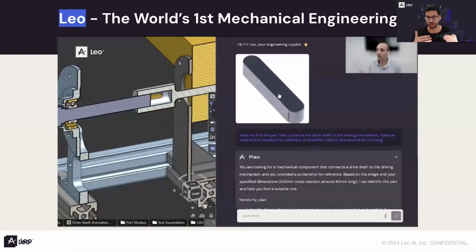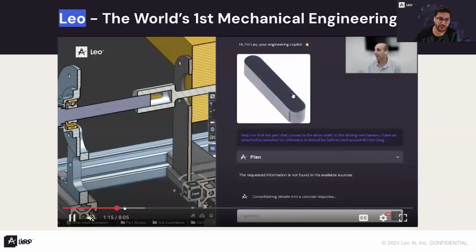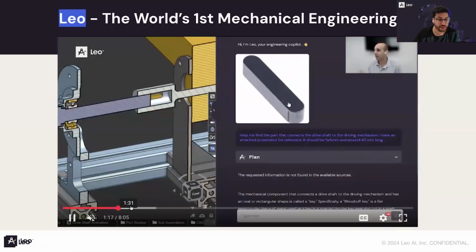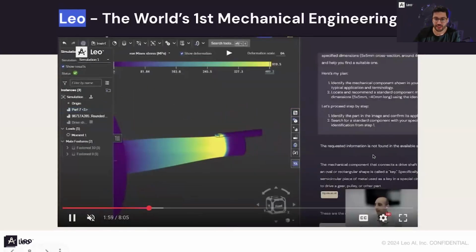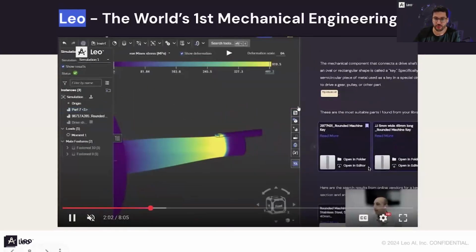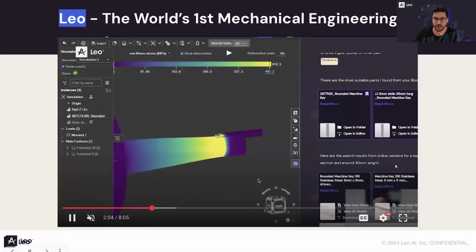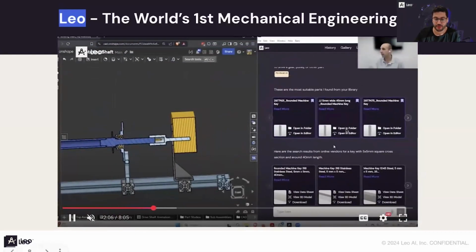Then Leo searches through your PLM and organizational data and online vendor catalogs, and it finds the best fit parts, right? So for example, here you can see on the right-hand side, it found the relevant parts. Different keys.